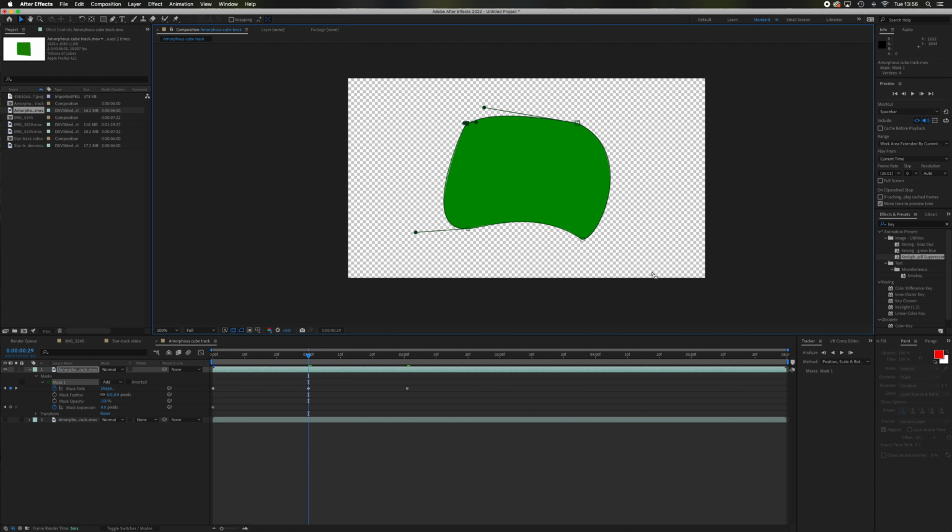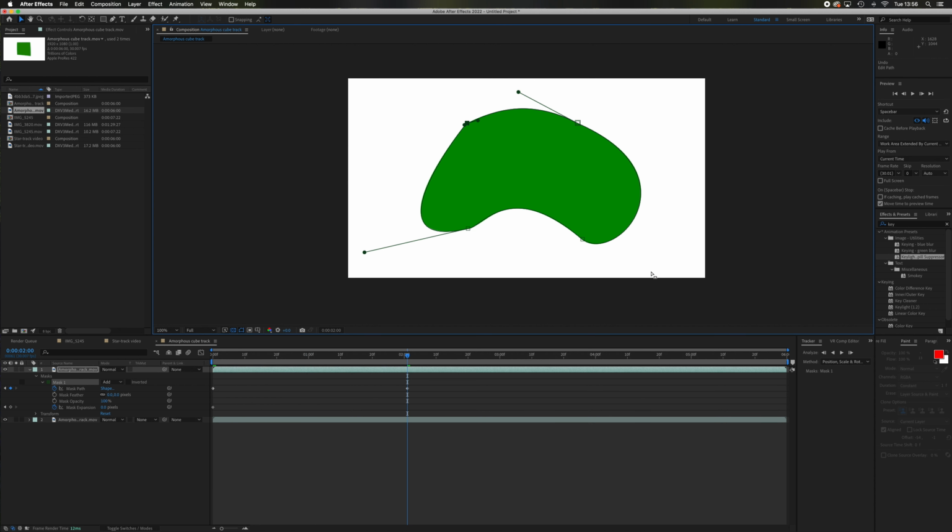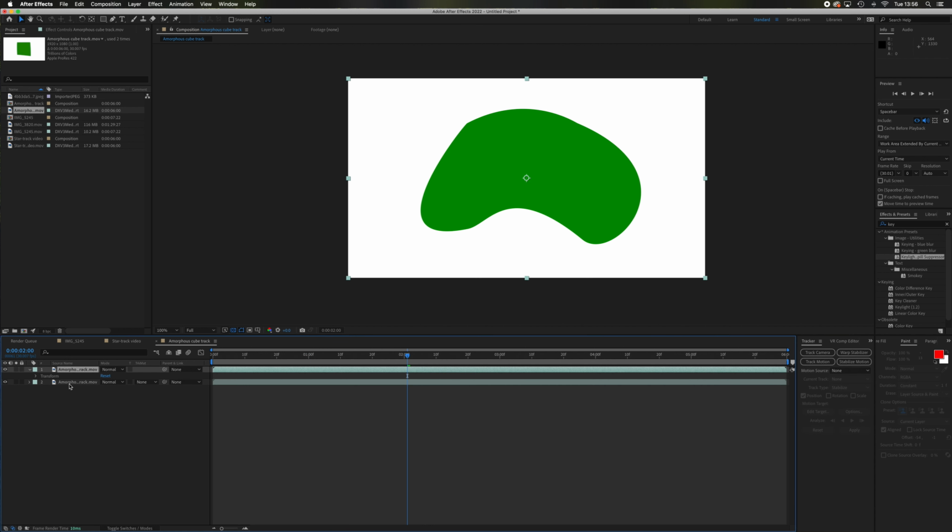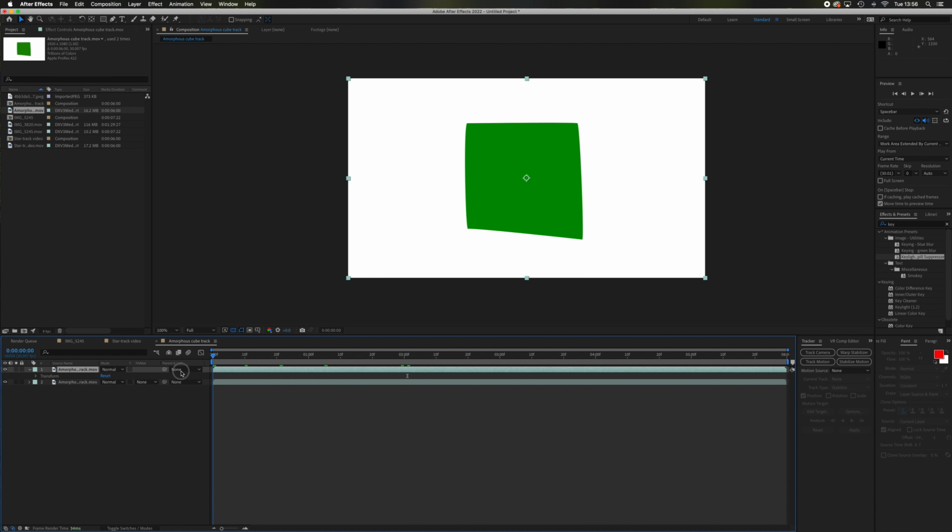So instead of that, what I'm going to do is use one of my favorite tools in After Effects. This is the Roto brush. So instead of using the standard mask and doing it manually, what I'm going to do is I'm going to allow After Effects to do it for me. So this is the Roto brush tool, and it's been updated recently because it's been used for various sort of effects on TikTok and what have you,